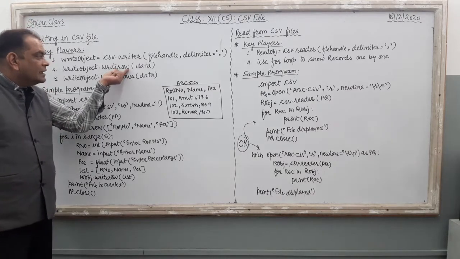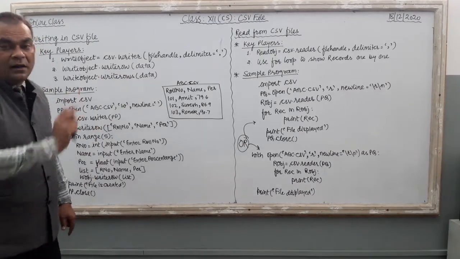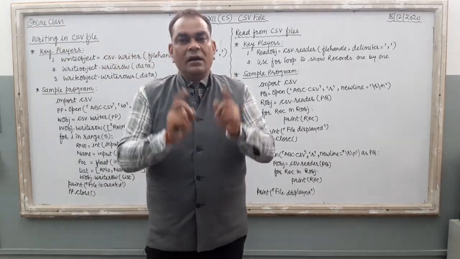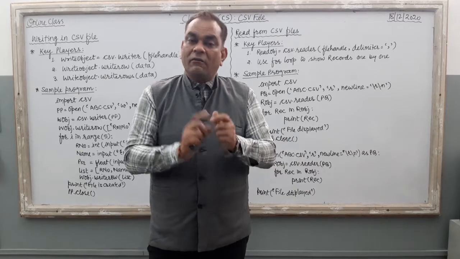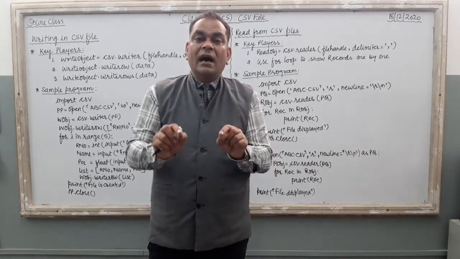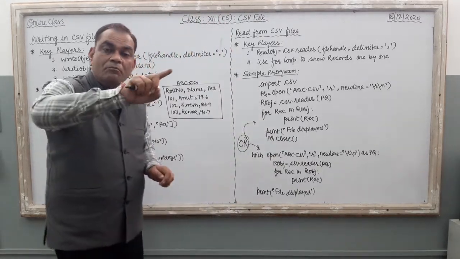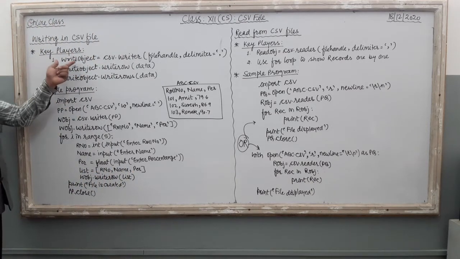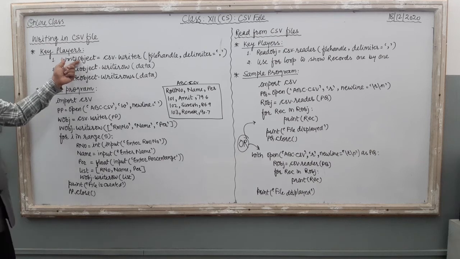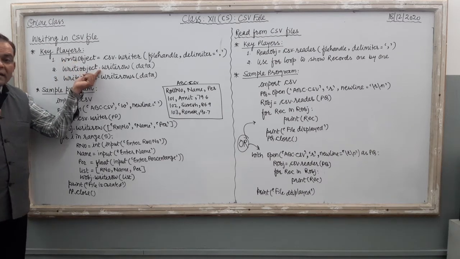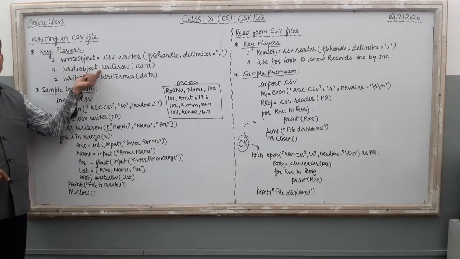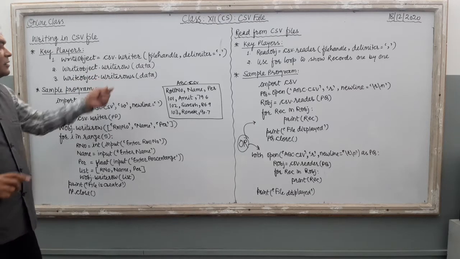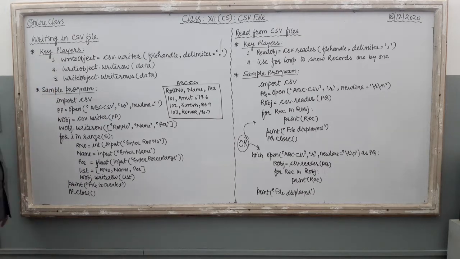And here by this you can store the data one by one. Clear? In the CSV file you can store list data, tuple data and dictionary data. Why these three? Because these three are the examples of multiple records, right? So just see, three different key players. Very first you have to create the write object, then you are going to write the data in the write object one by one or in the bulk also, right? So just see what is the sample program here.